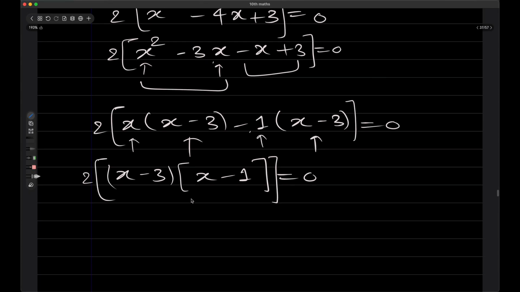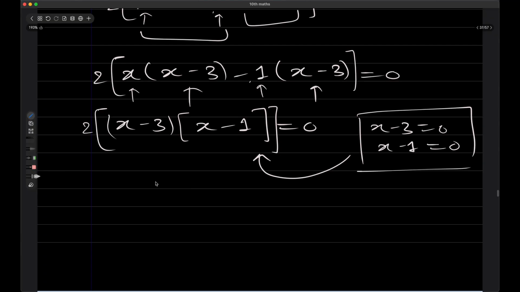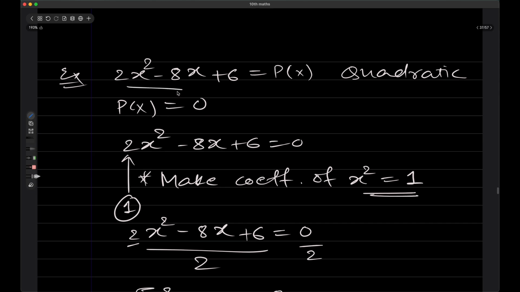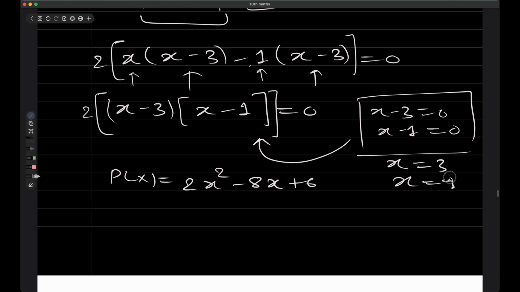So if I put x minus 3 equals 0 and x minus 1 equals 0 in this polynomial, I will get p of x equals 0. Let us take the original polynomial, that is p of x equals 2x square minus 8x plus 6. That is, if I put x equals 3 and x equals 1,